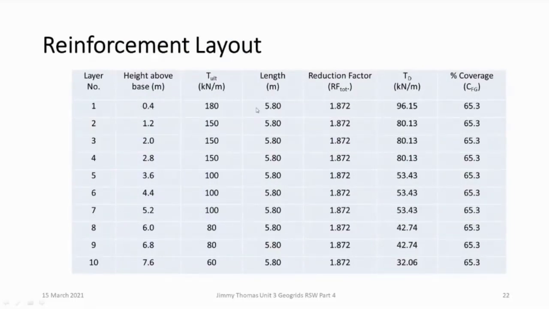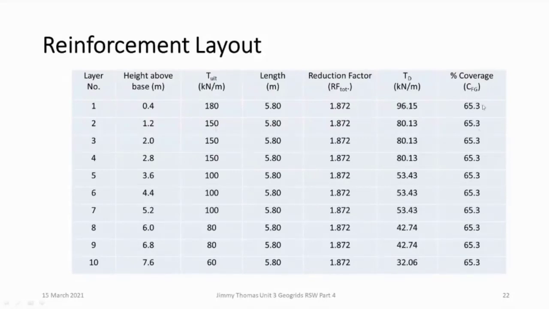First we assume the spacing is fixed. So we assume a certain strength. Then we check for rupture, pullout, etc. If it is unsafe, we either increase the strength or decrease the strength. Like if the factor of safety is more, we can also decrease the strength. So it's a trial and error procedure. Finally, we will get the optimum layout.